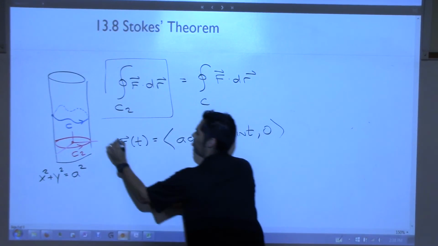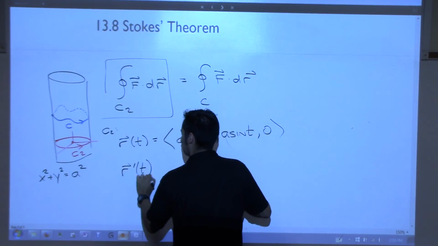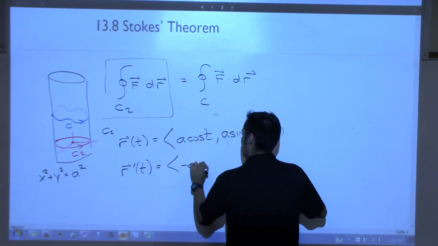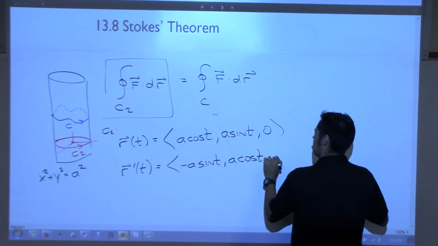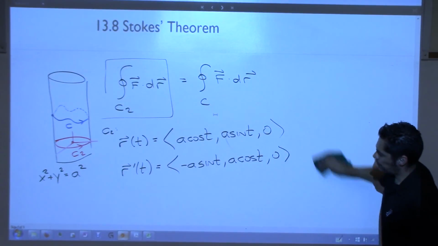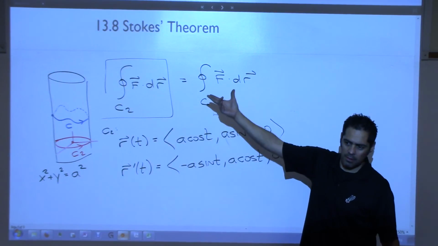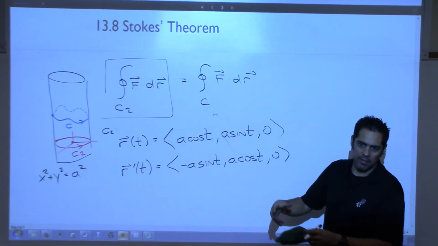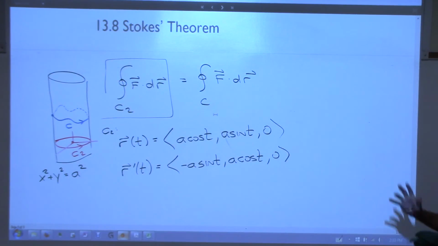And then I need the derivative, which is negative a sine t, a cosine t, 0. And then I plug this into the field, and then dot. It turns out to be nice. I'm out of time. But there's a lot of like